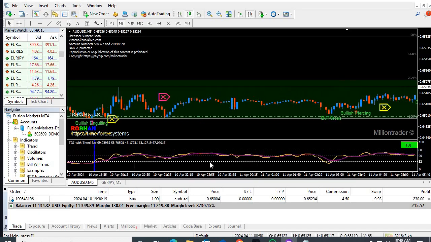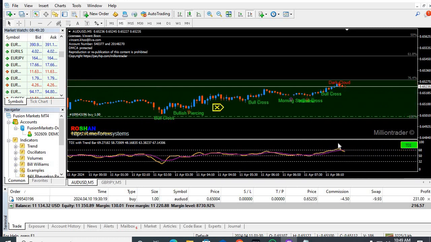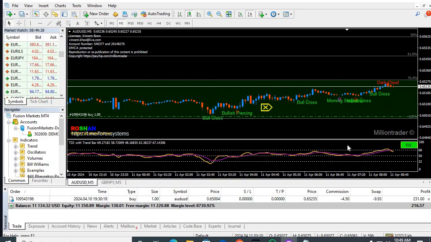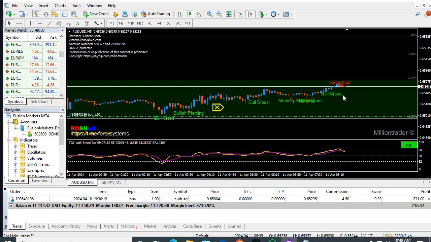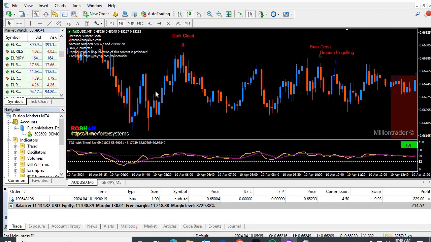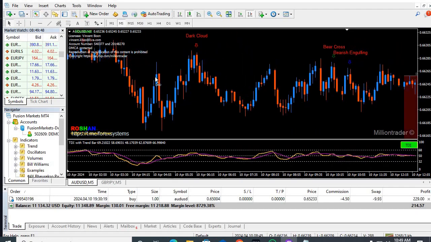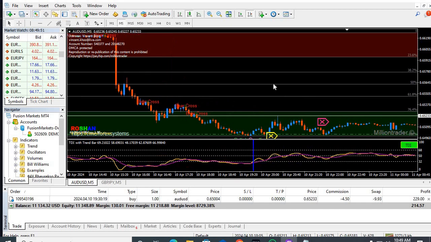Like this one, you can see there are some lines, and when this line touches the upper band line, there is a sell signal, or you can say there will be some resistance. So the market may go down some, and then when the market goes up. This signal is giving you exact and accurate results. When you got the sell signal here, you can see how the market goes down and gives you accurate results.